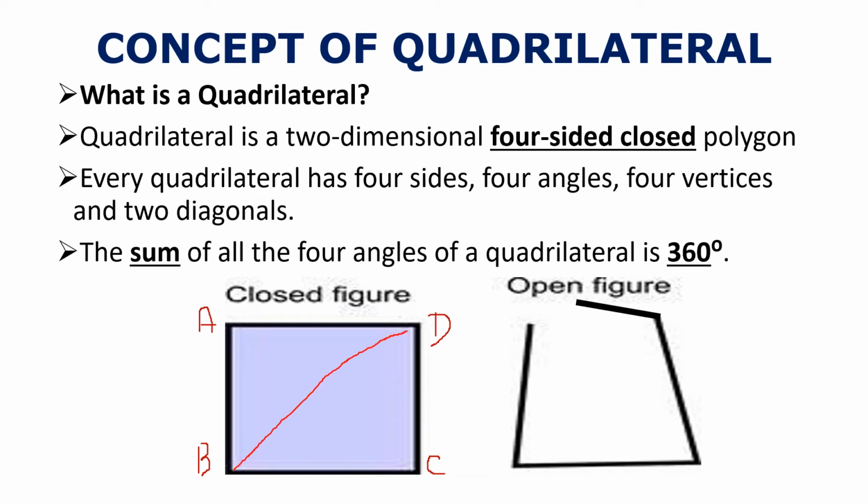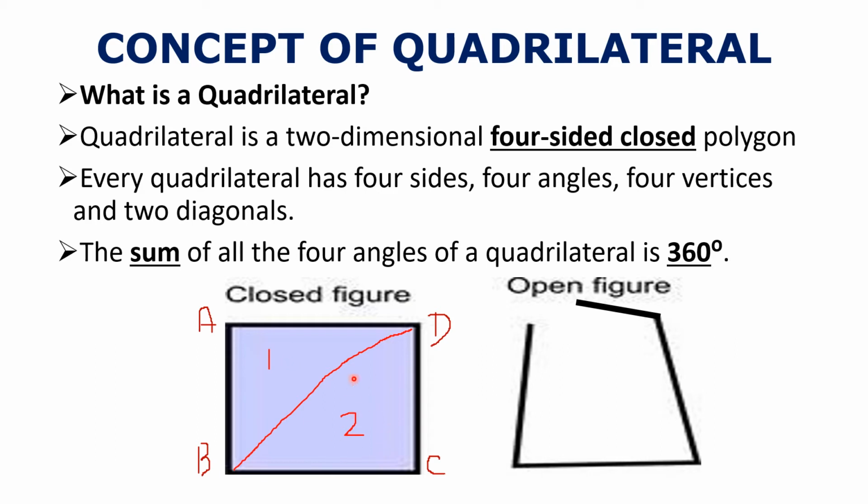As you can see, when I draw a diagonal, the diagonal BD, the quadrilateral is made up of two triangles. This is the first triangle, triangle ABD, and the second triangle is triangle BCD. So you have triangle BAD and BCD. Can you see that? I hope you can see this. So you have triangle BAD here and triangle BCD here.